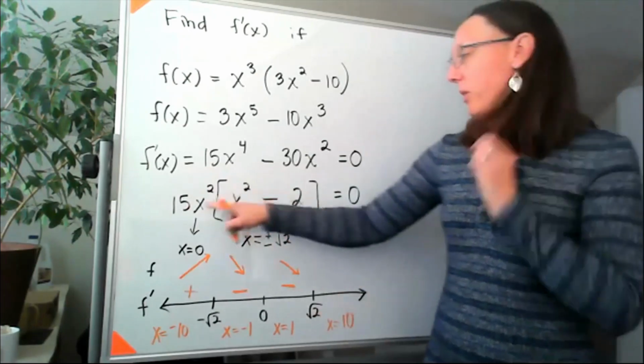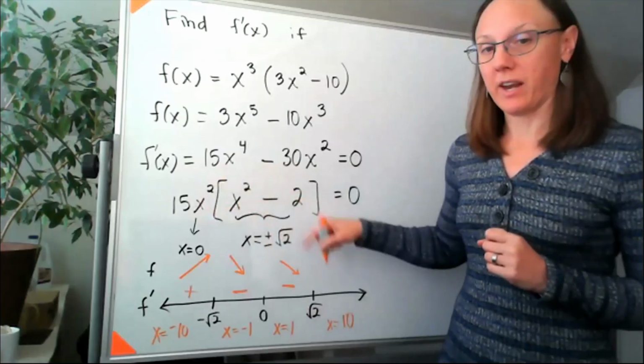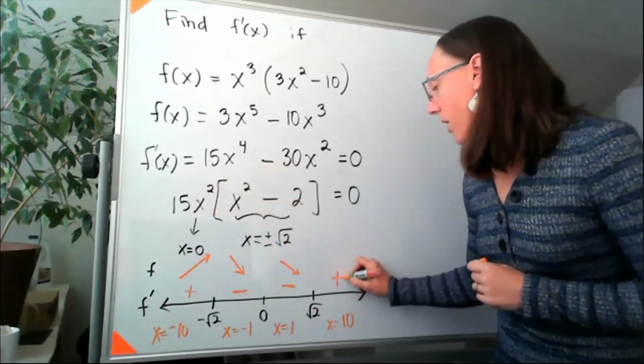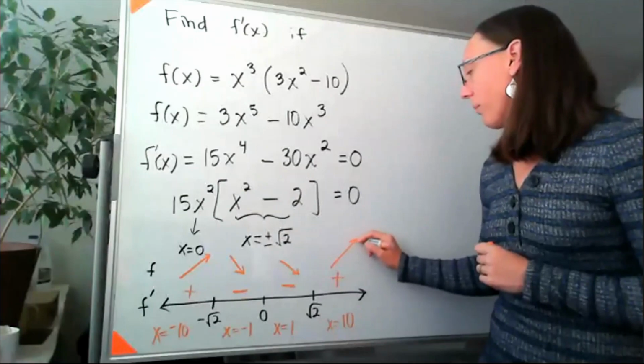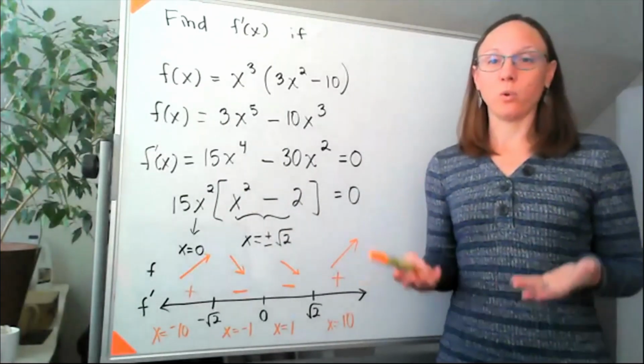And then out here, if I plug in positive 10, 10 squared is positive, 10 squared is way bigger than negative 2. That's going to be positive on my derivative and going back up. So in the scheme of roller coasterology,